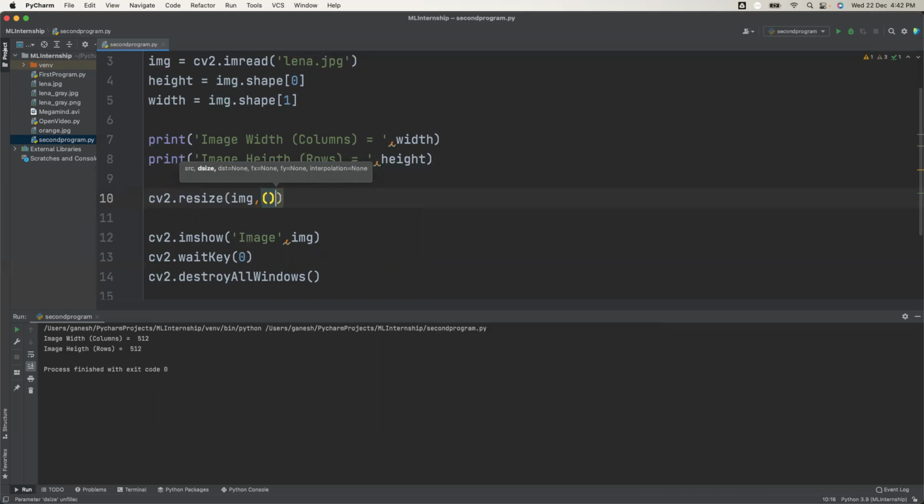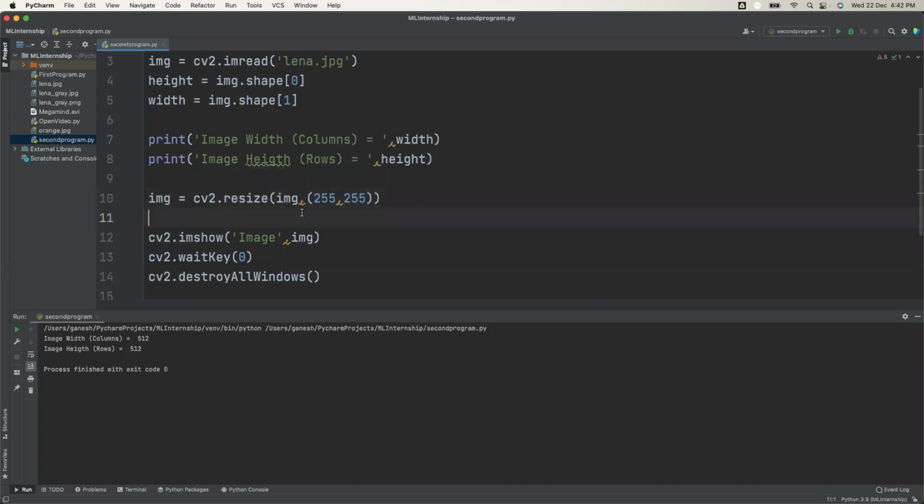And then after that, the target size, target width and height. Suppose I'm giving 255 by 255, and I'm storing it inside img itself.